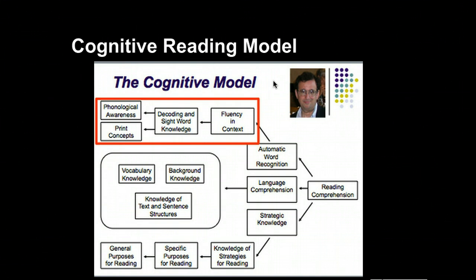And these ideas are based on the cognitive reading model. So if we looked at reading comprehension here, please do not try to recreate this. If you want this, you can just steal the image. I stole the image. And I will post this to Blackboard. Reading comprehension is basically, now I talk about strategy knowledge, and we talked about the difference between declarative knowledge, procedural knowledge, conditional knowledge, language comprehension, and automatic word recognition.